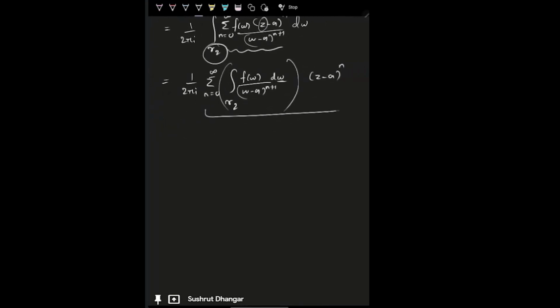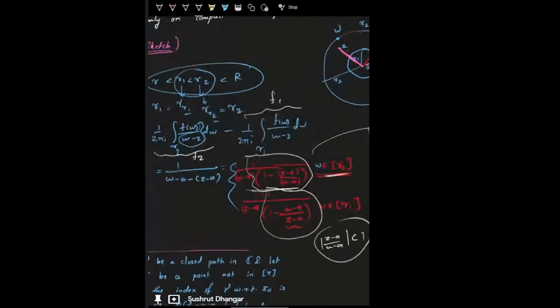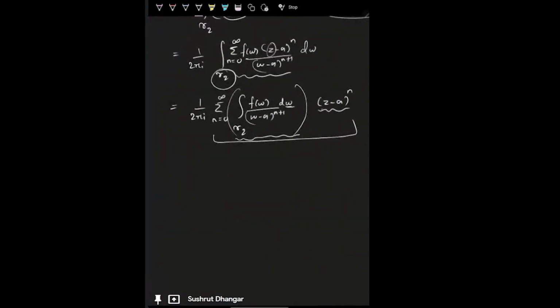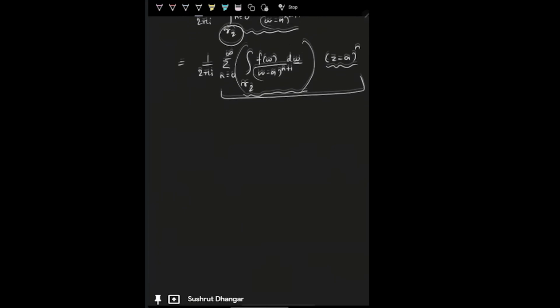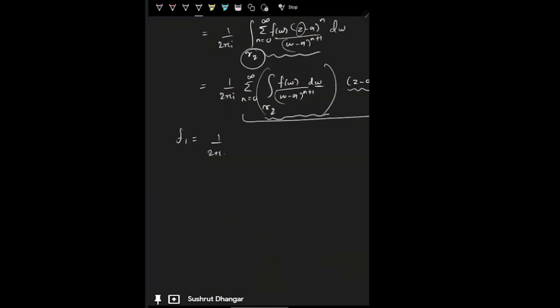Now, as we can see, this looks like a series: an infinite series n going from 0 to infinity of some coefficient times (z minus a) to the power n. And this is true for every z in the annular region, inside the points which we chose for the gammas. Similarly for the f1 function, I can get the series n equals negative infinity to negative 1 of the integral over gamma 1 of f(w) divided by w minus a to the power,